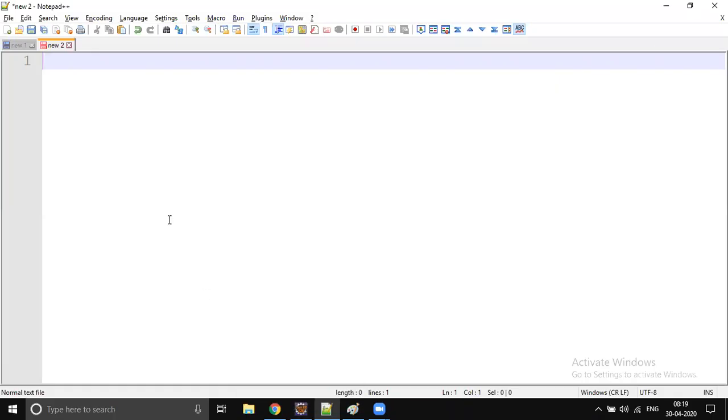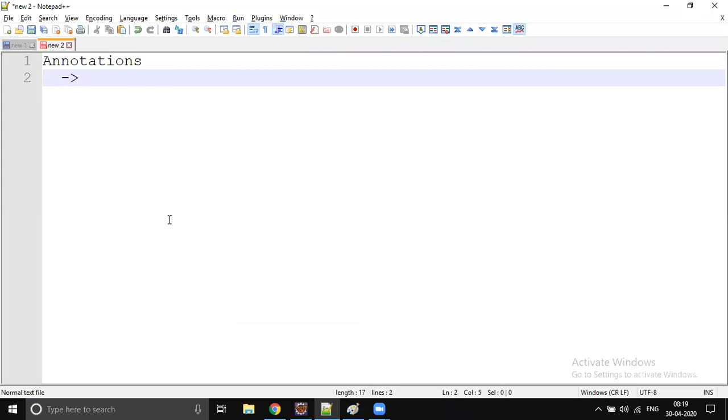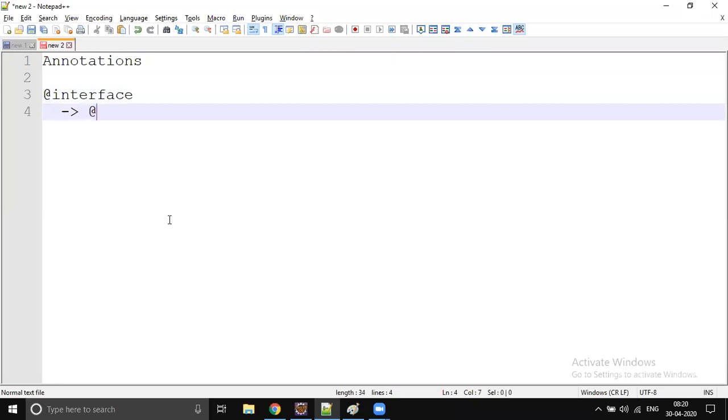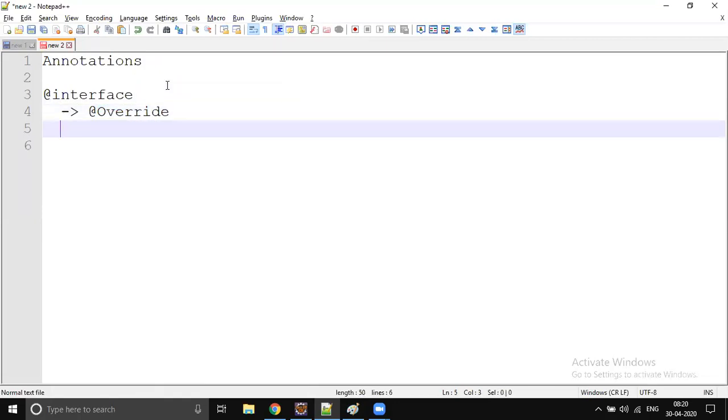Yeah, so we were talking about annotations, right? Yesterday we saw there are a few annotations. First of all, we understood the requirement of annotation and what benefits we want to get. Then we understood that any annotation with the @ character is an annotation in Java. There are a few predefined annotations like @Override and @Deprecated. All the annotations always start with @.